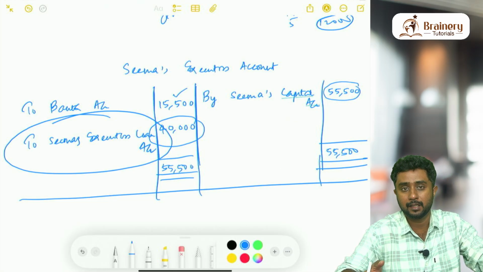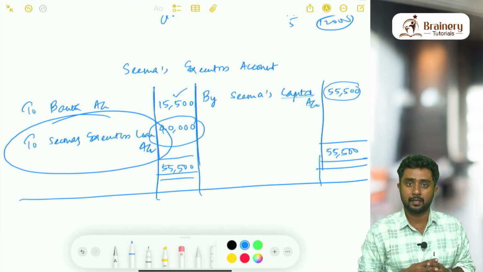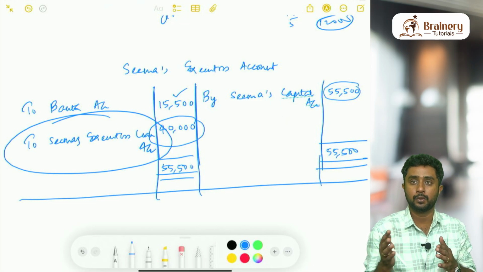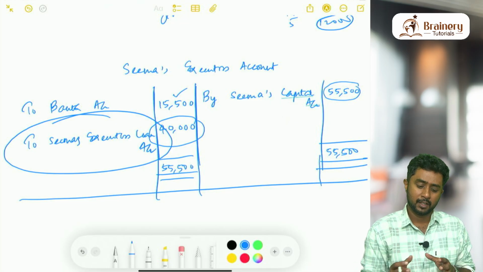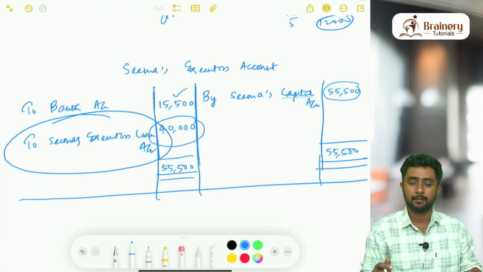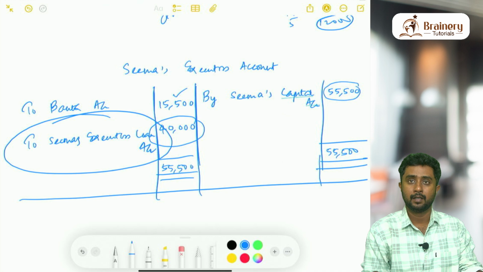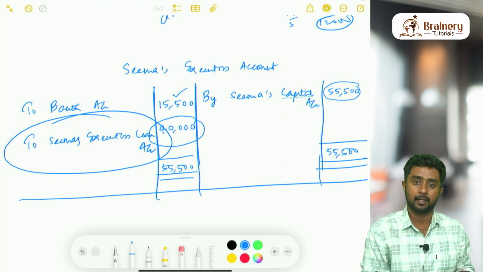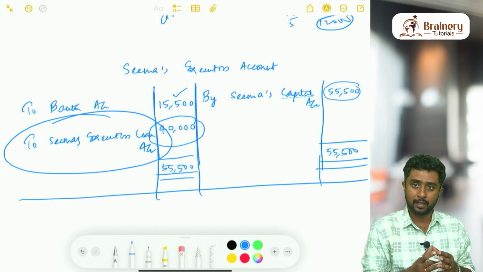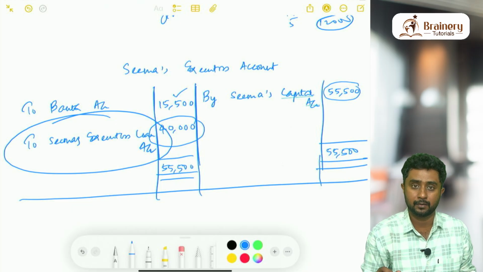They are not saying anything about what we are doing with the balance. Usually in the majority of questions that you have come across, they will particularly mention that the balance will be paid in 2 equal yearly installments and so on. In that case, you can prepare the executor's account completely. Mostly the question will be like that. According to the question only, you have to prepare. In all questions you don't have to prepare the entire executor's account. But here, we are not given any information regarding the payment of the remaining 40,000 to the executor.